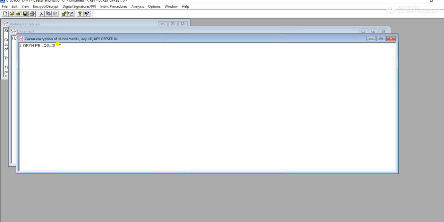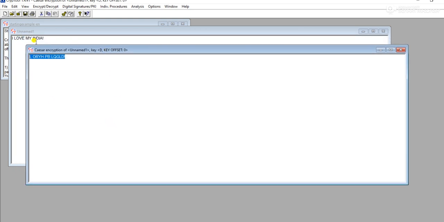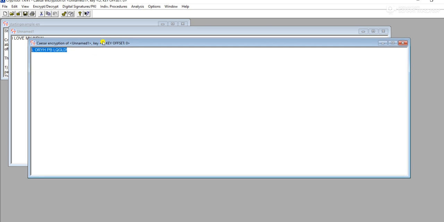This is how we have got the ciphertext of our plain text message "I love my India", which is completely unreadable and doesn't make any sense, hence it is encrypted.